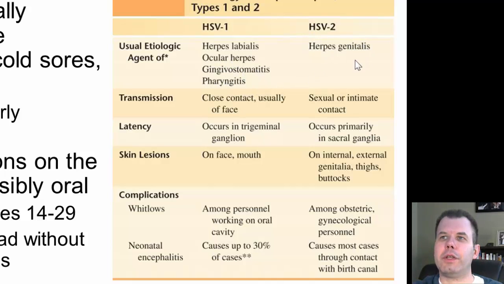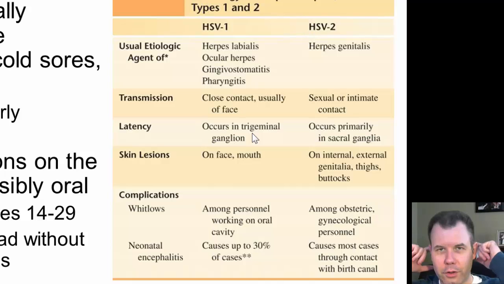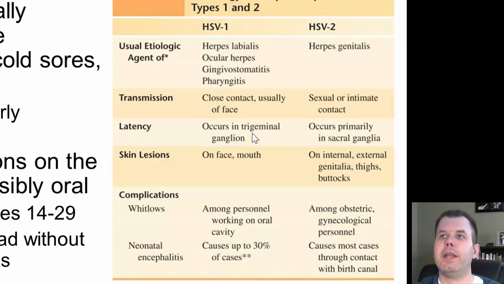HSV-2 is found typically in the genitalia. Again, close contact, usually of the face. This is going to be either sexual or intimate contact. Latency usually occurs where the virus actually hangs out, in the trigeminal nerves in the back of the head,